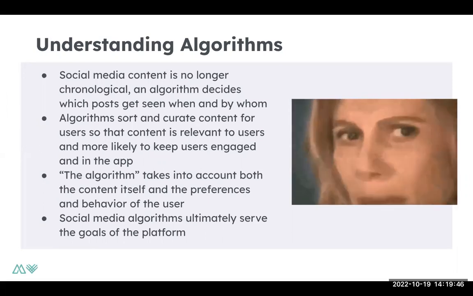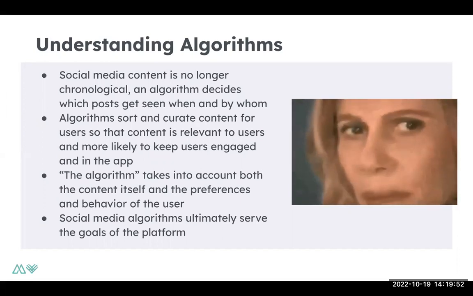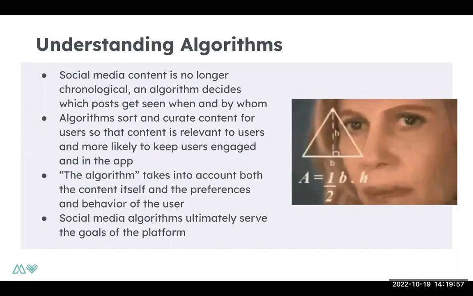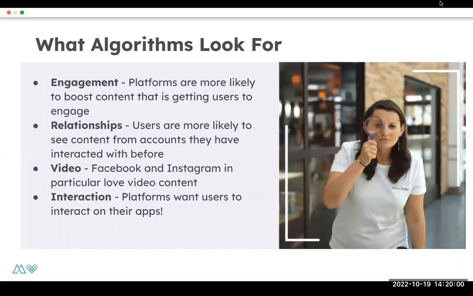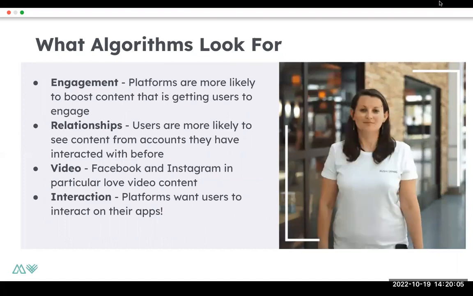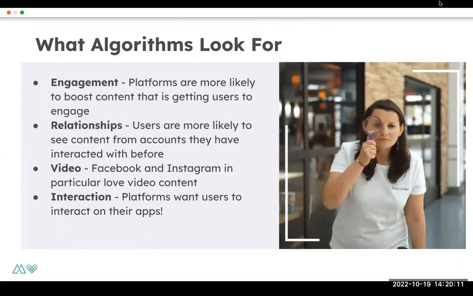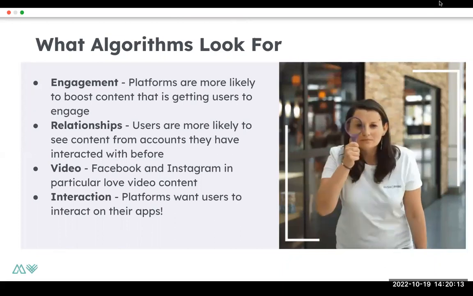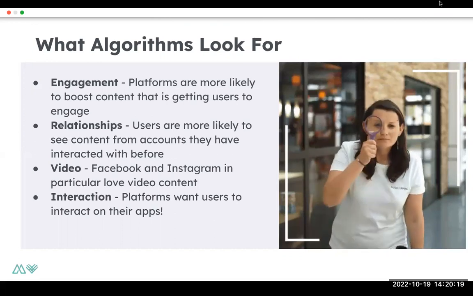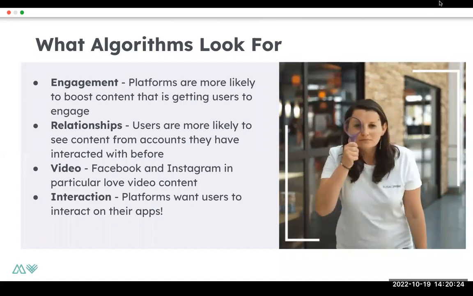So the algorithm takes into account both the content itself that you're posting, so the quality of it, but also the preferences and behavior of the person and their context as well. So what does the algorithm exactly look for? How does organic boosting occur on social media platforms? So one, they do look at engagement. Comments, likes, shares, that is definitely something that they utilize when thinking about what posts to show what people,